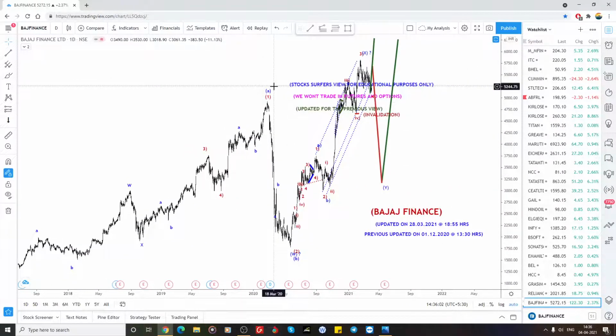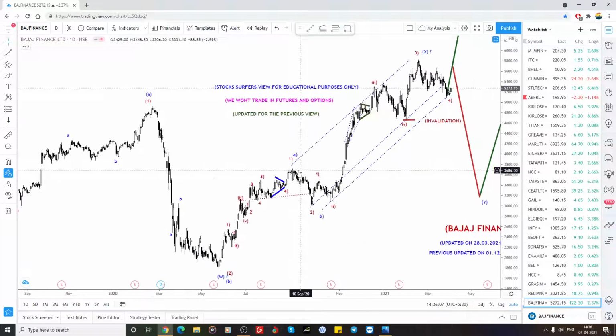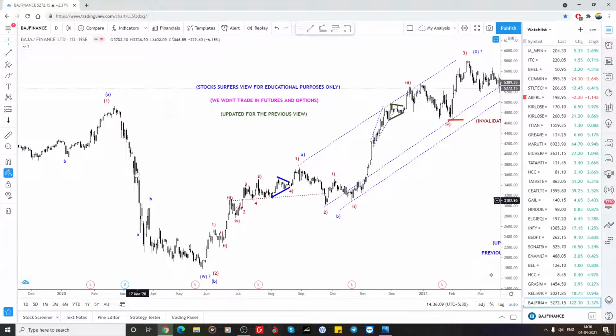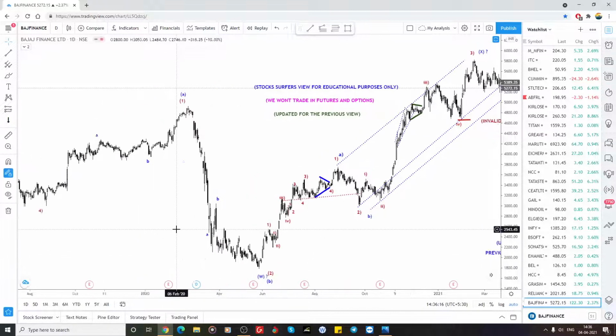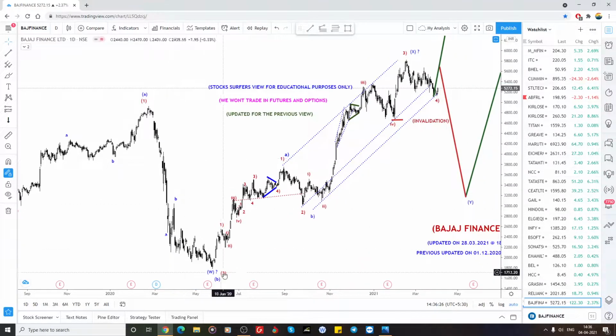it could be a wave 1 or A. And here also this is one impulsive wave, a simple impulsive wave, but sometimes I have explained this could be a B and C is very small. So in the ending diagonal formation also, it can have already completed the wave B. That is why I have marked this as a W, or it could be a B also, or 1 or 2. So if it is 1 or 2, we are in the third wave. Otherwise, if it is a W, or this could be an A also, it's single bracketed, we can make it as an A or W also.